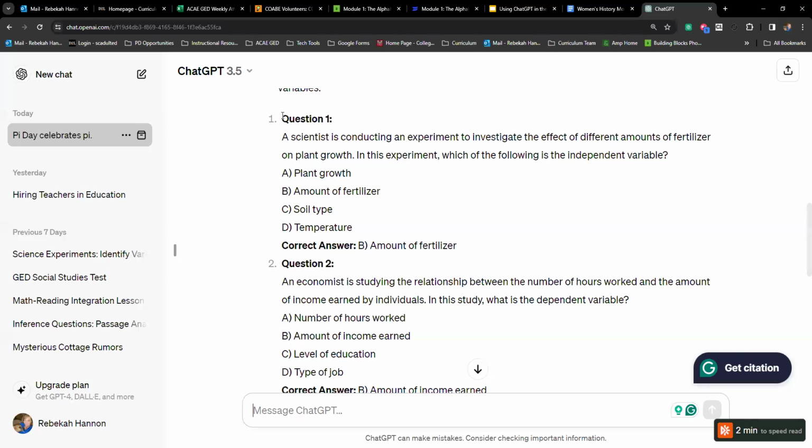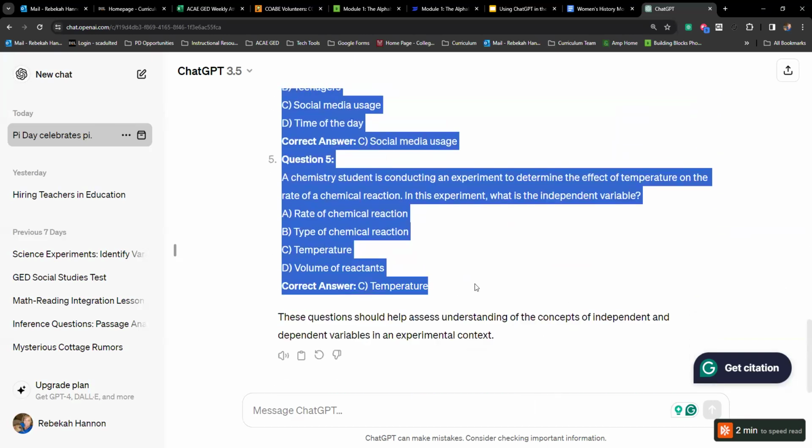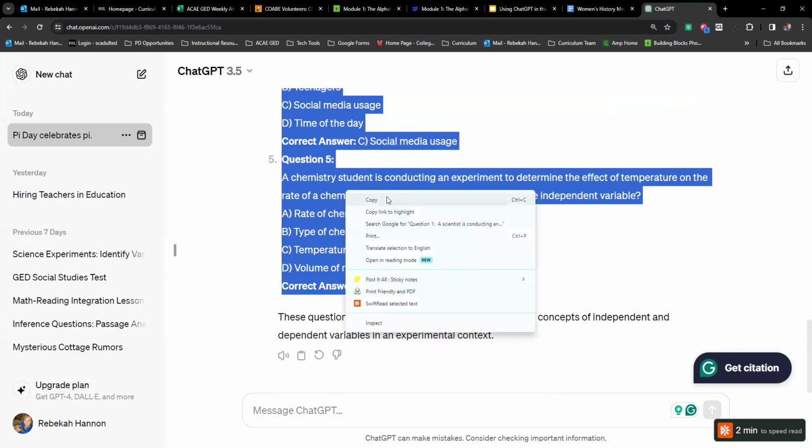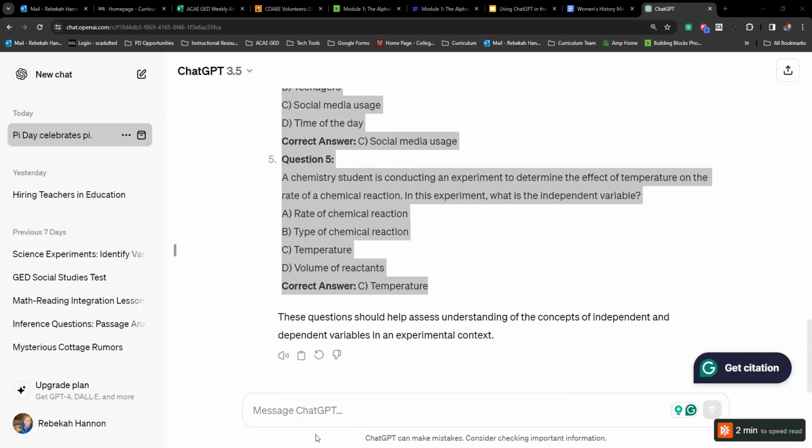Now, what I would do with this, again, I would just highlight the whole document here. You can do the right-click copy, you can do the Control-C. Now, what I do at this point is I come down to Word, and let me get a new document opened here. All right. Now, I know there's a couple ways someone was trying to show me at the Spring Institute. If you do a Control-V and you just paste your ChatGPT chat right there, you are going to get some formatting, a little bit of a different format here, and you may not like that screen.